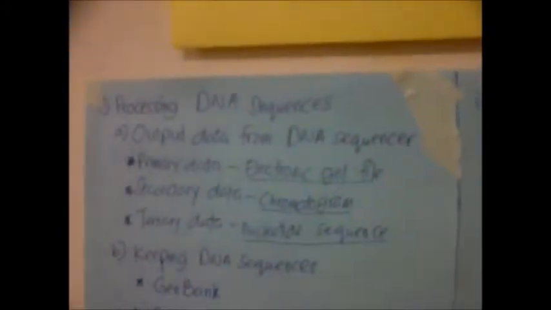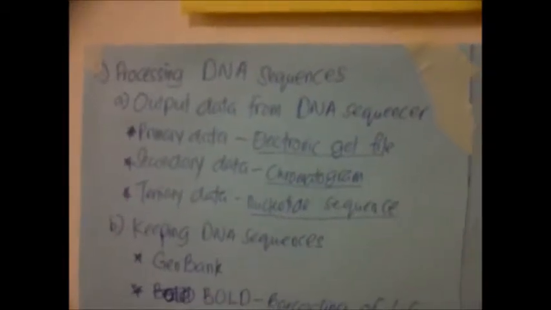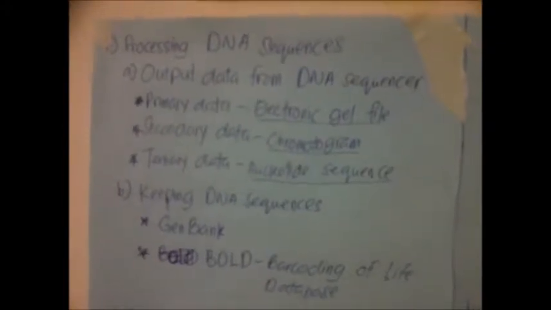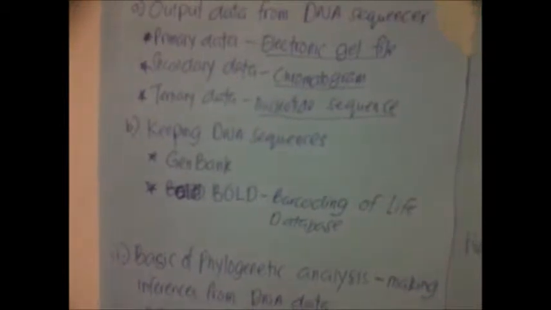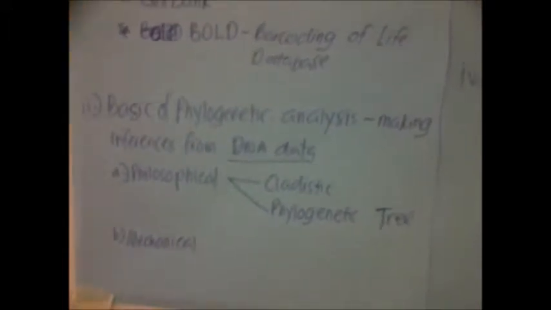For week 9, there will be DNA barcoding, processing, and reprocessing. So the processing of DNA sequences, also we have to find out the output data from DNA sequencer, which is primary data, secondary data, or tertiary data, followed by getting DNA sequences from GenBank or BOLD, also known as Barcode of Life Database,